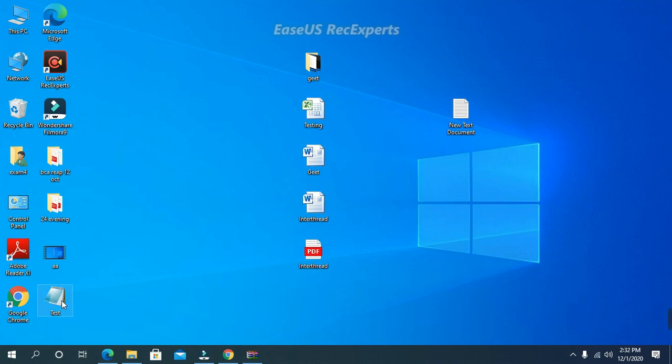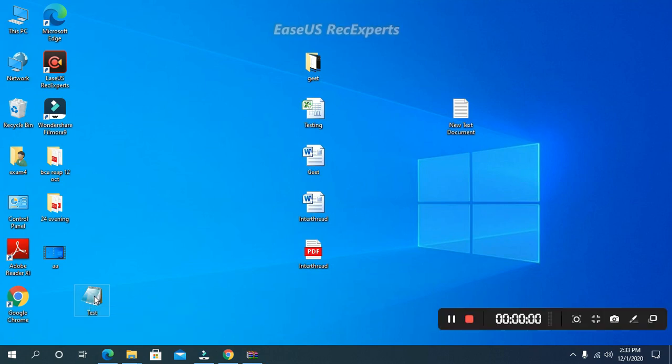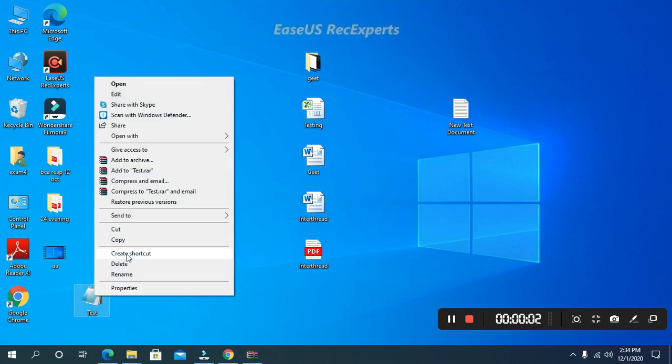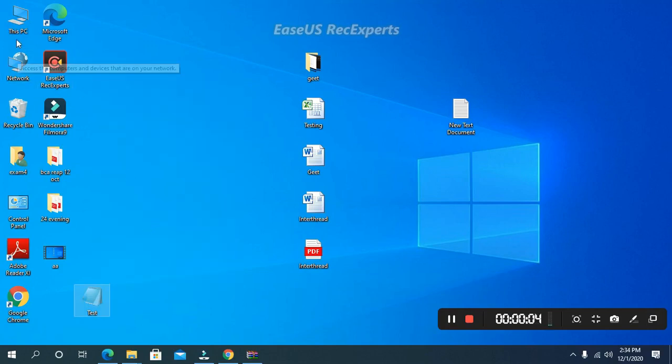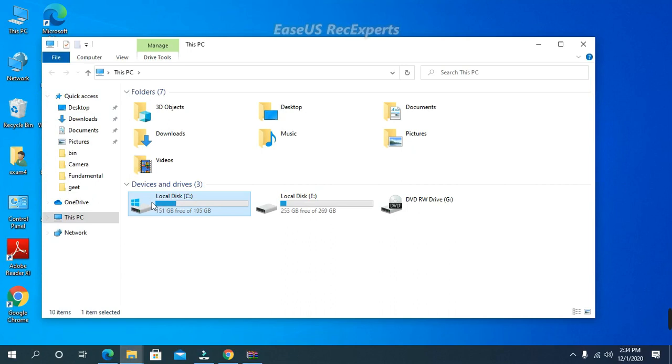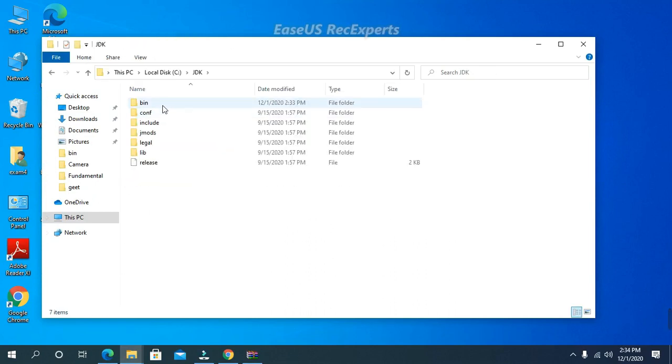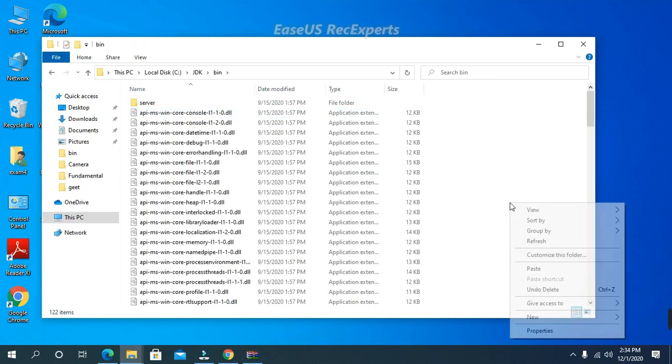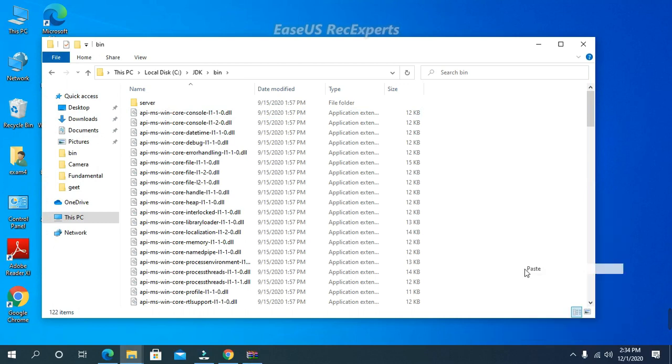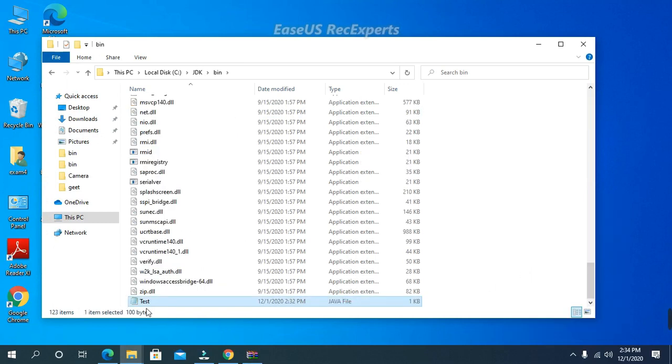Now see there is a test notepad file on the desktop. अब मुझे क्या करना है, इस नोटपैड को बिन फोल्डर में लेके जाना है. ये मैंडेटरी है, हमेशा ही हमने अपने प्रोग्राम के नोटपैड को बिन फोल्डर में स्टोर करना. ना बिन फोल्डर इज सी ड्राइव्स JDK. So in the JDK bin folder I'll paste my file. So the test file is now in the bin folder. Fine. So I have typed my source code.